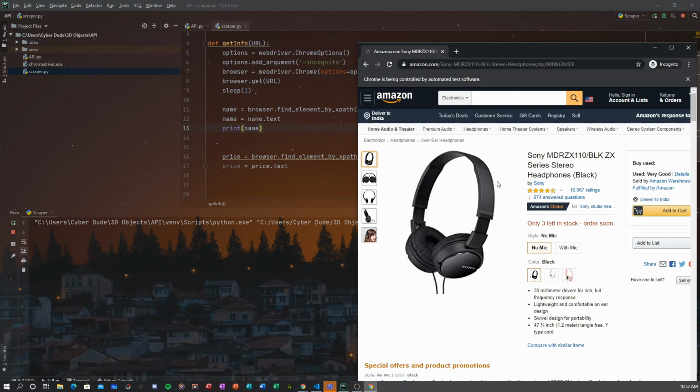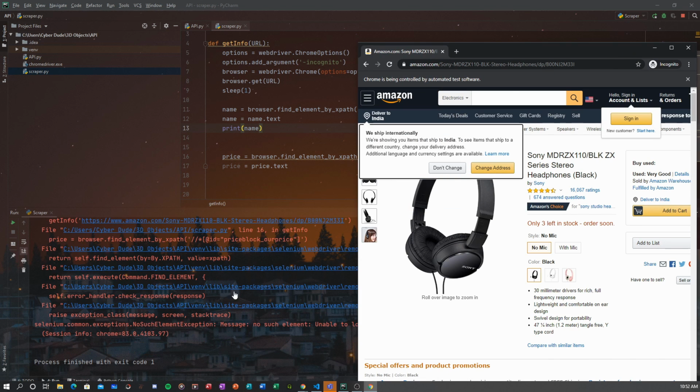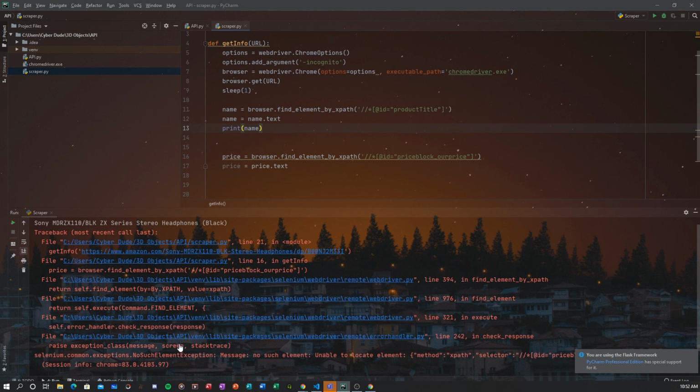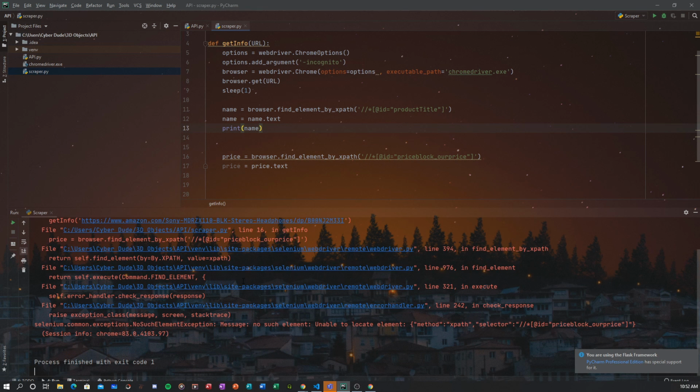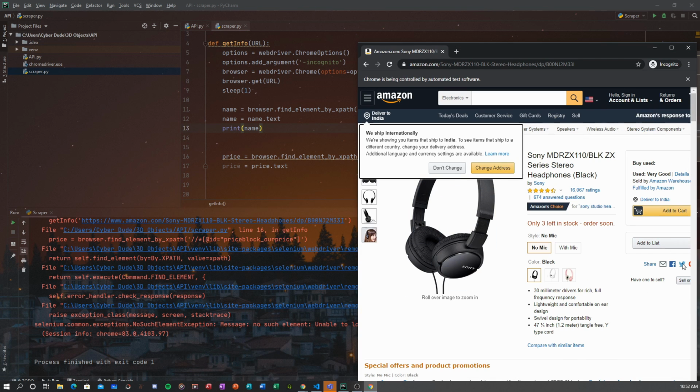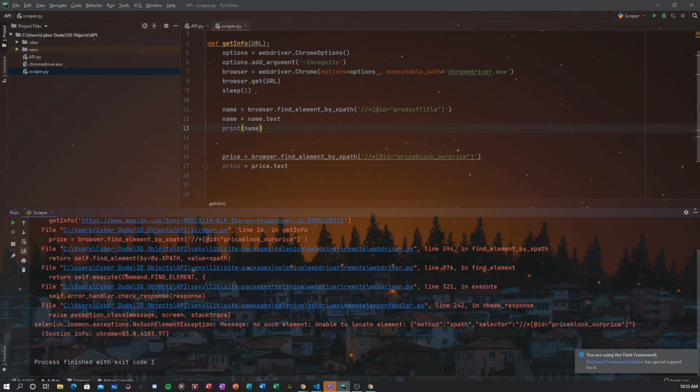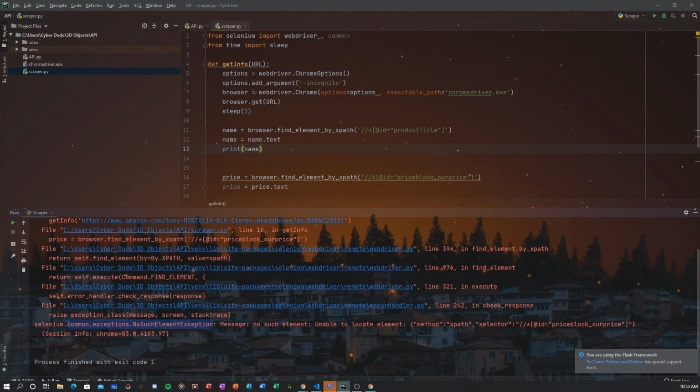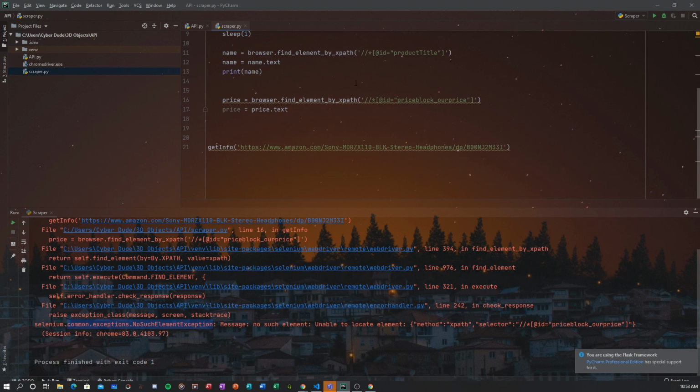It will look for the details now, but you see that when it was looking for the price, it did not find anything because there were no details for the price here. So we get an exception called common dot exceptions dot no such element exception. That is why I made you import common up here, because we'll need that to handle this exception.